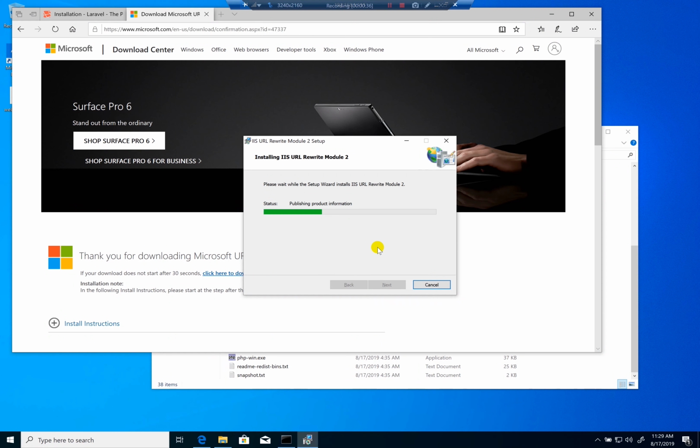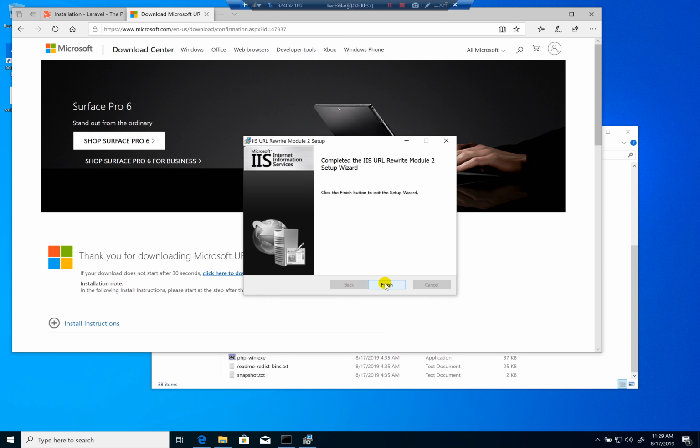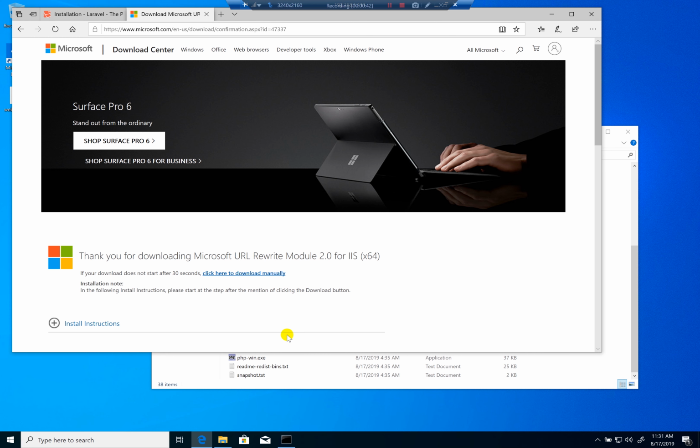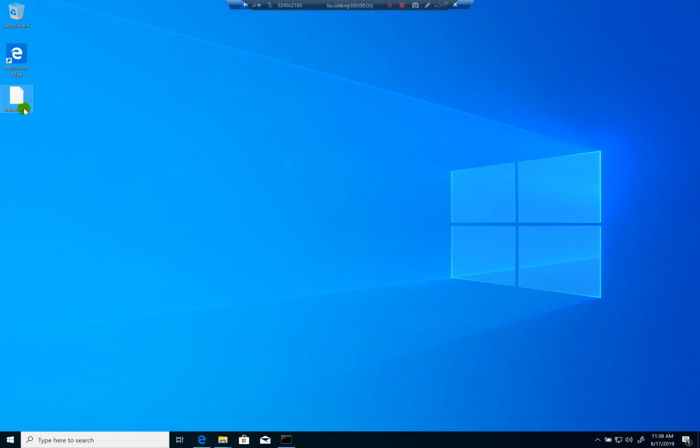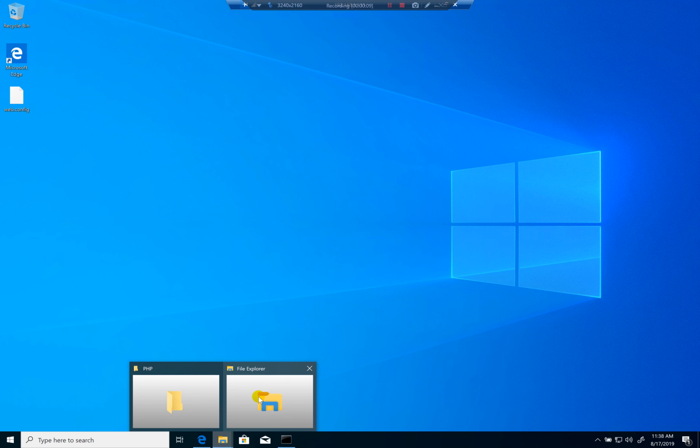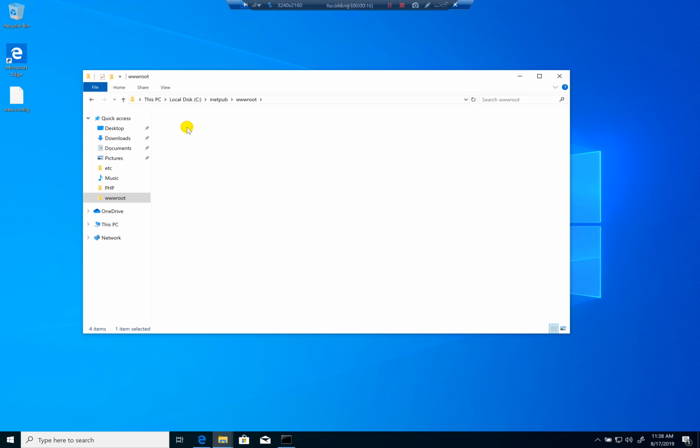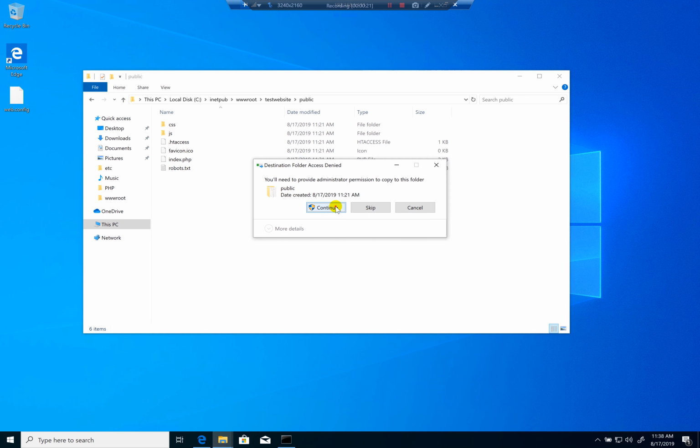Yes, and now it's finished. Just let me clean the desktop first. We have to now modify our test website, so I'm going to copy this web.config file and paste it into our project. So here in the public folder,